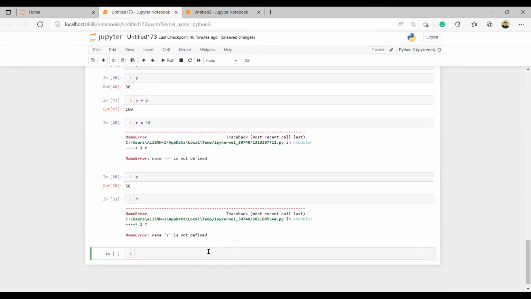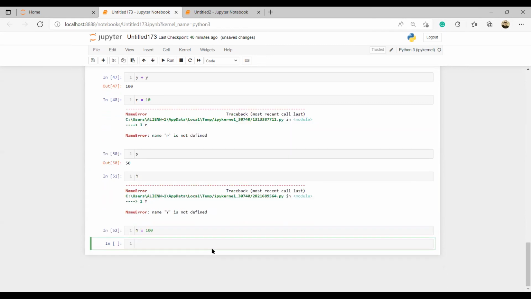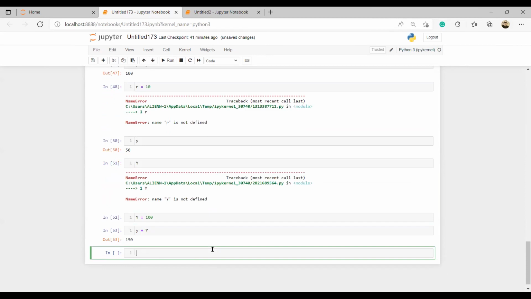I don't know who you are. But if I say capital letter Y is equals to 100, then I say Y plus capital letter Y, what will it give me? 150. If you don't run it, it will not answer you. You say, I don't know what you are talking about.